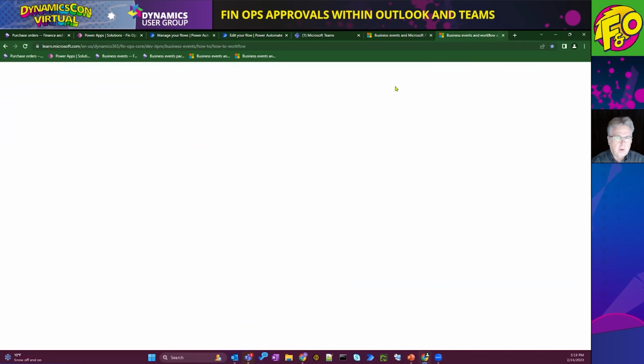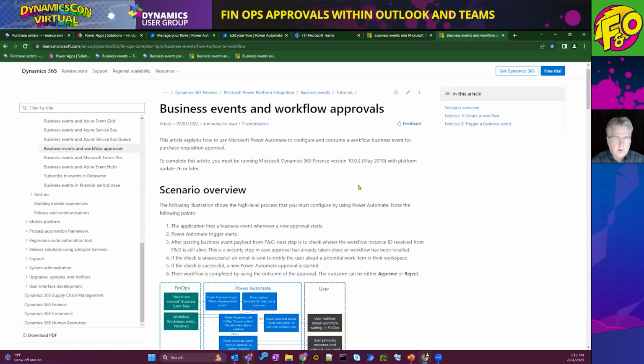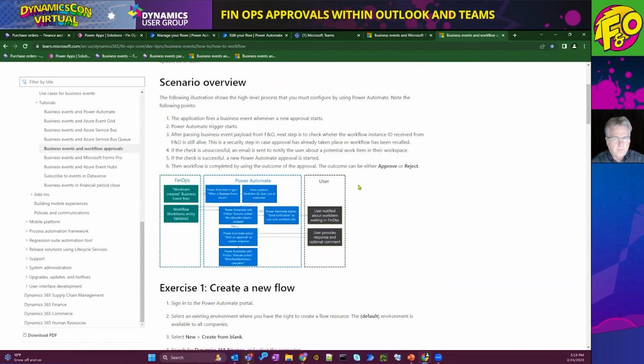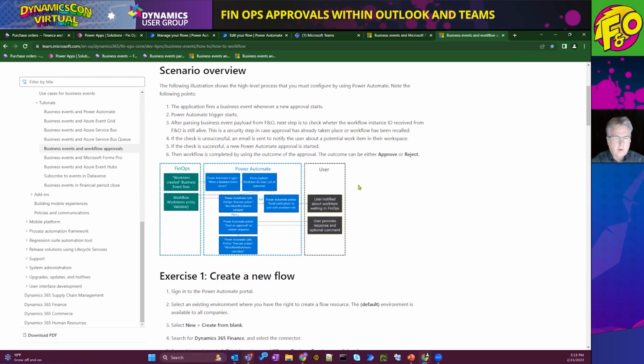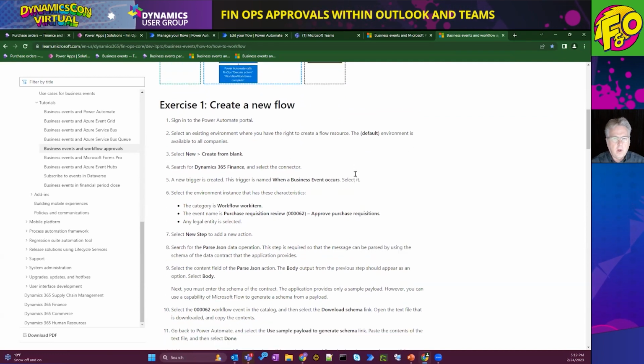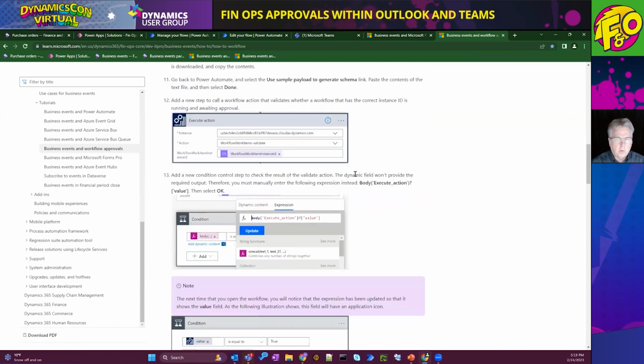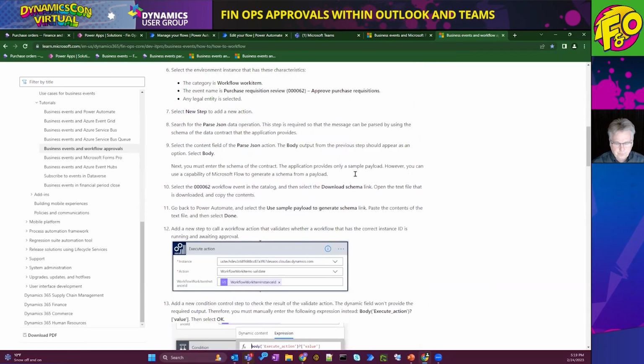The second page gets into a deeper dive into the actual scenario we're talking about today. You can see down here they have included a diagram of what it looks like and what the steps are to create this. Now, I didn't follow this exactly because there are some nuances here and there, but I use this as my guide to build out what we're going to look at today.